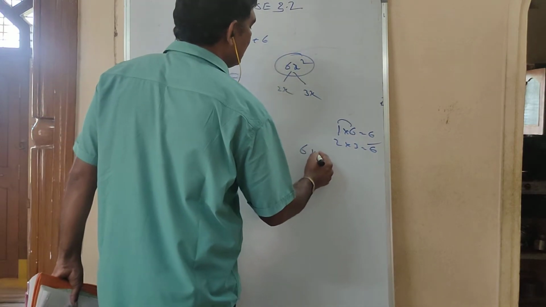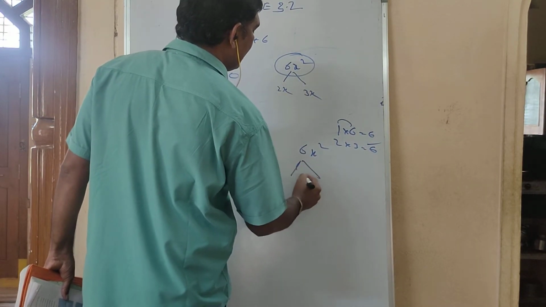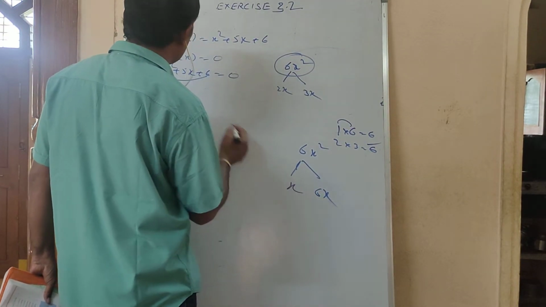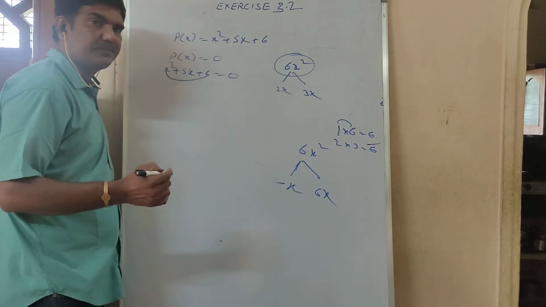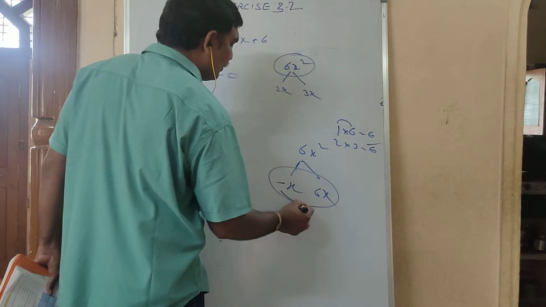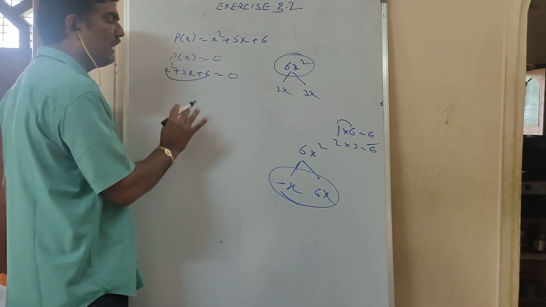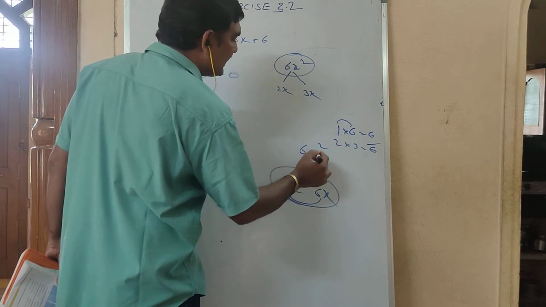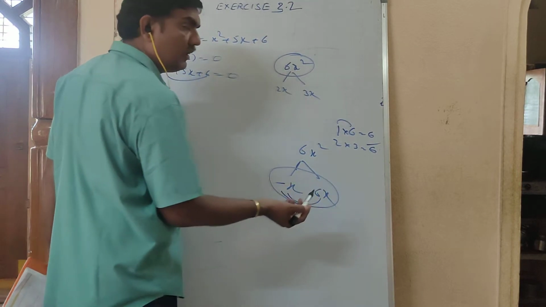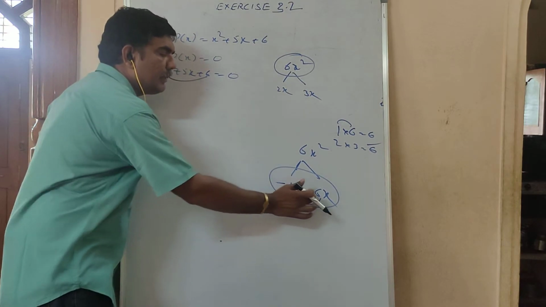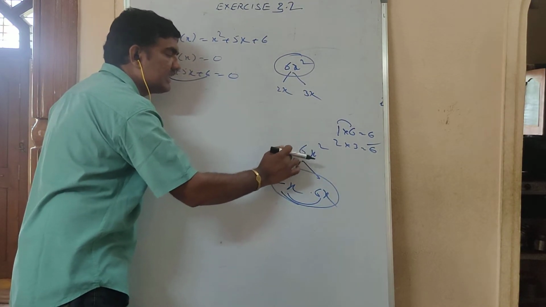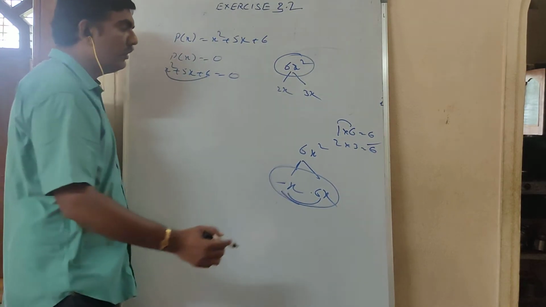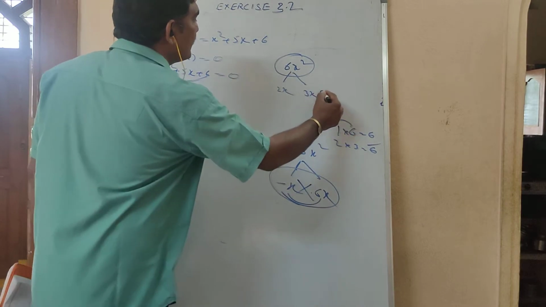So you may have a doubt: sir, if you take x and 6x, what happens? To get 5x you have to take this as minus. If you add these two, you get 5x. But if you multiply these two, you are not getting plus 6x square. Minus into plus is minus 6x square. If you multiply these two, you should get plus 6x square only. But what are you getting? Minus 6x square. So we should not take this one. We should take this one only.